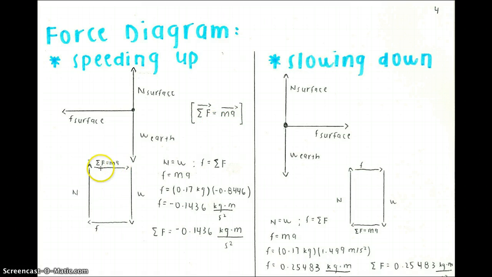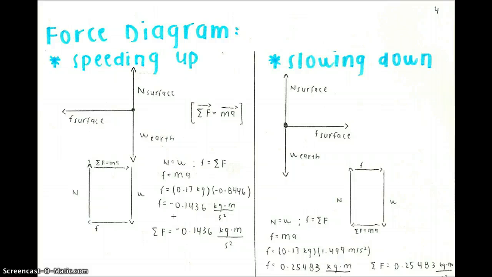So since our sum of forces vector equals our friction vector, this means that friction equals mass times acceleration. So we have friction equals 0.17 kilograms times negative 0.8446, which we got from the acceleration when the car is speeding up, and our answer is negative 0.1436